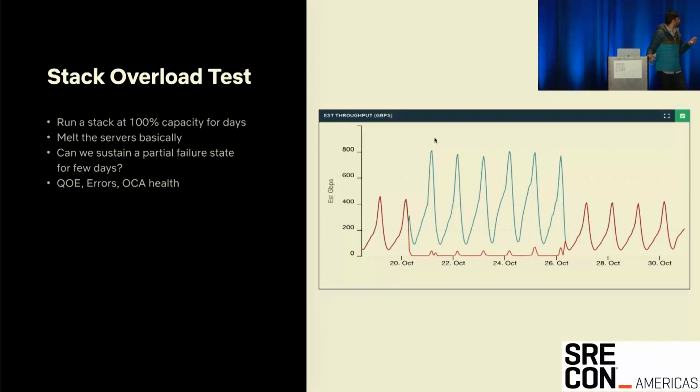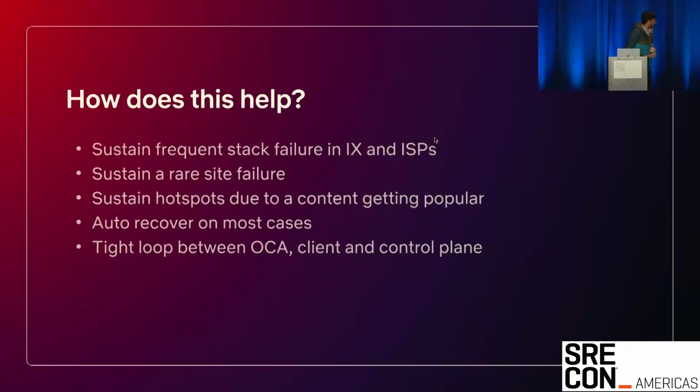Yeah, so again, at the high level, at least for us, this helps with the frequent ISP and IX failures that we have. For most of these cases, we'll just let it auto recover on its own. Sometimes if there is a major fiber cut in an area, we might lose a site completely, where both the stacks go down. The stack failure test that we do covers that scenario pretty well,